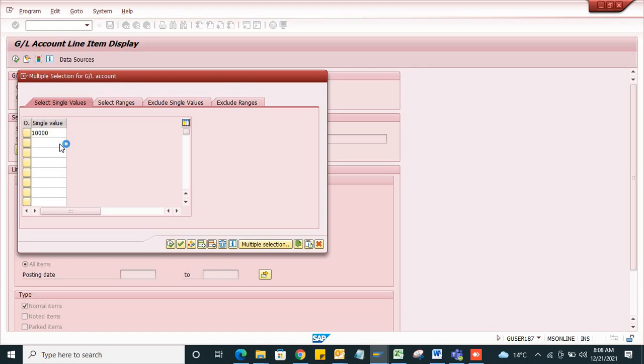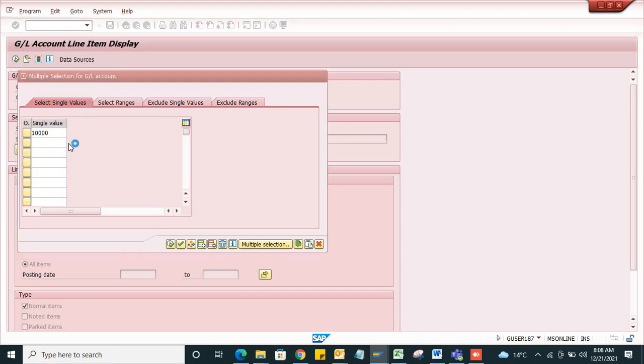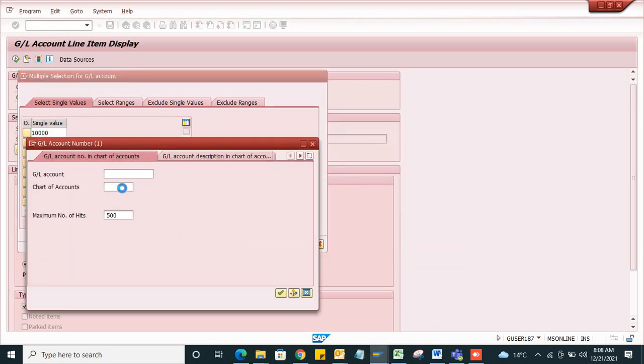That's it. Here, click on this drop down button. My chart of accounts is AKSL.